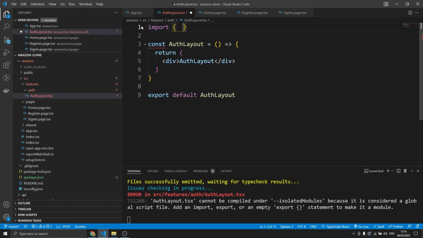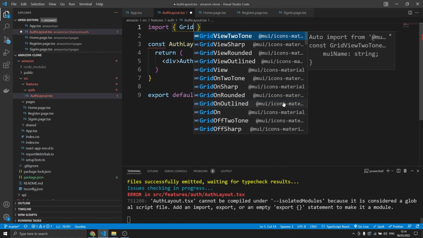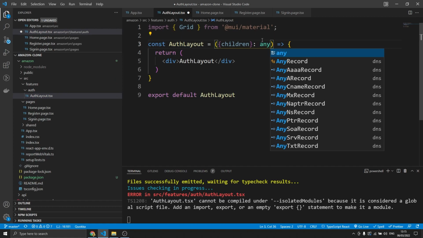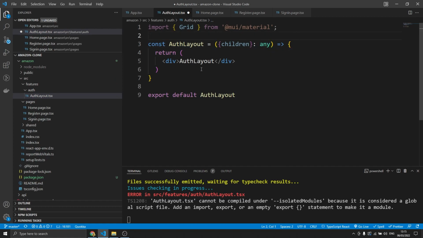But what I'll do here is I'm just going to import Grid, and Grid is going to come from @MUI/material, and then we have this AuthLayout, and this is going to be wrapping our register component and our sign-in component. So basically I want to take all the children, and I'll just call this any for now. We'll come back to that type. So what we'll do is we'll return a Grid,